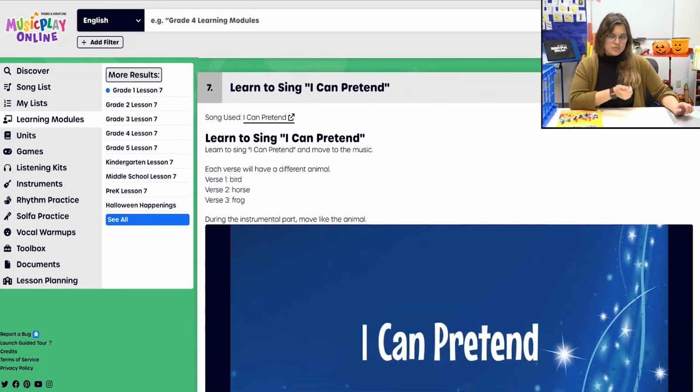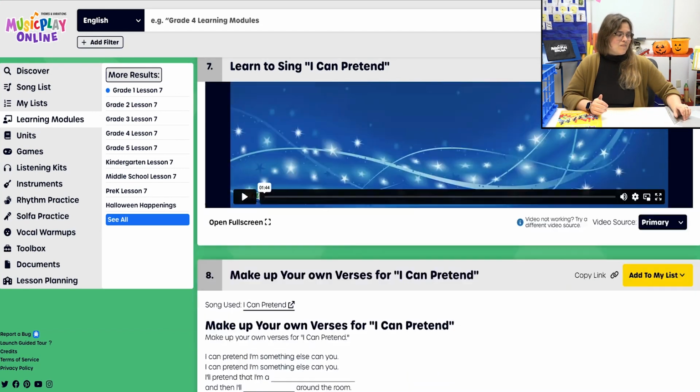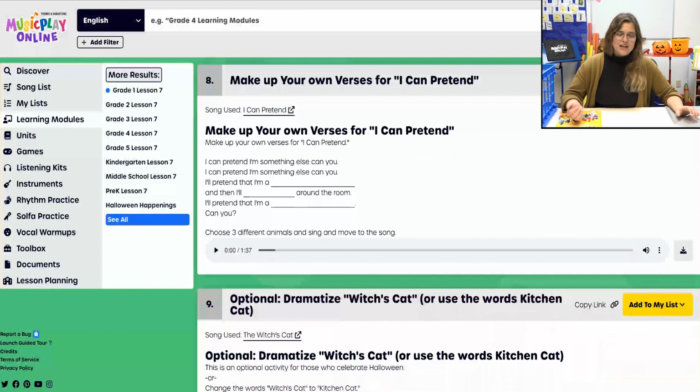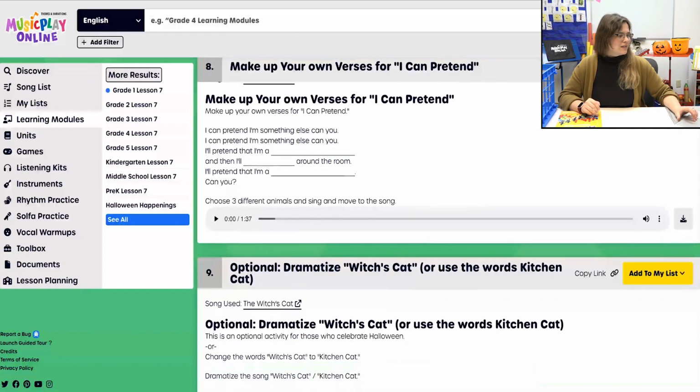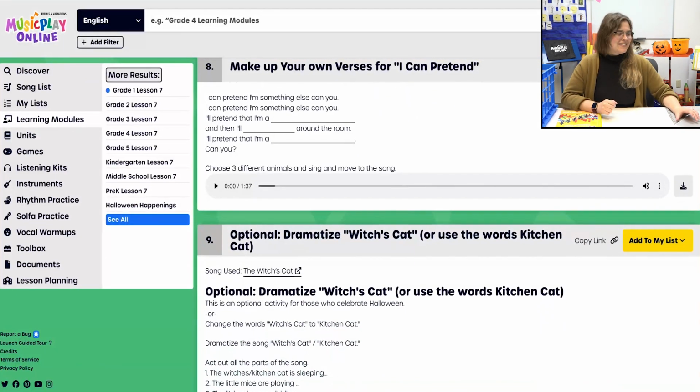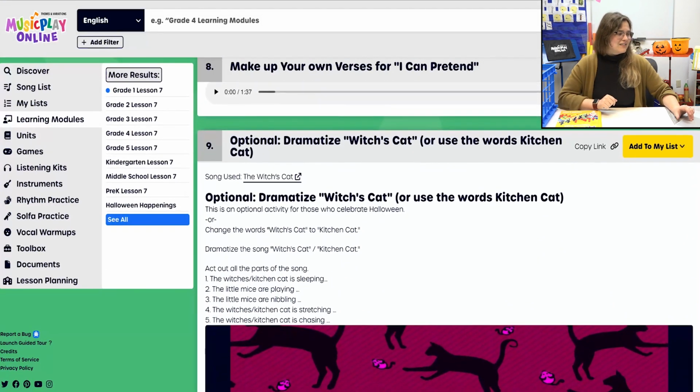Scrolling through. The next song, I Can Pretend. This is actually not in the grade 1 teacher guide. This is part of some of our other collections, and it's very fun. So I can pretend being a bird, a horse, and a frog, which is very fun. And then they have an opportunity to create their own verse with I Can Pretend. What's your favorite animal? And can you pretend to be that animal? The animal that popped in my head is like dolphin. Just on the ground, be a little dolphin, cute. Anyway,